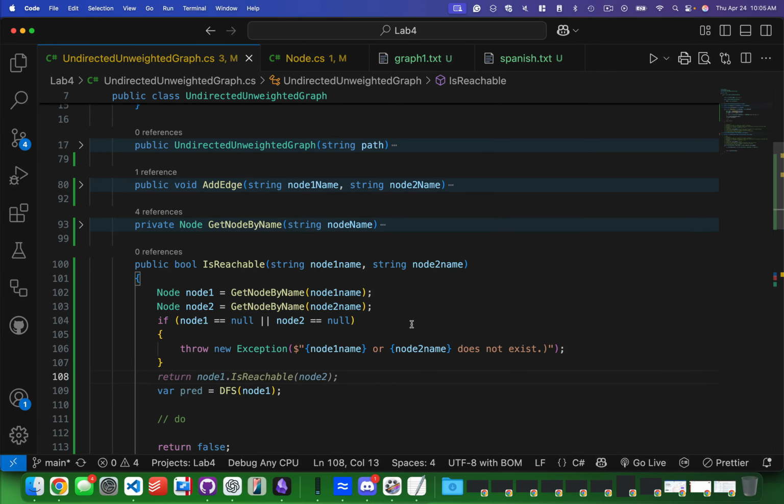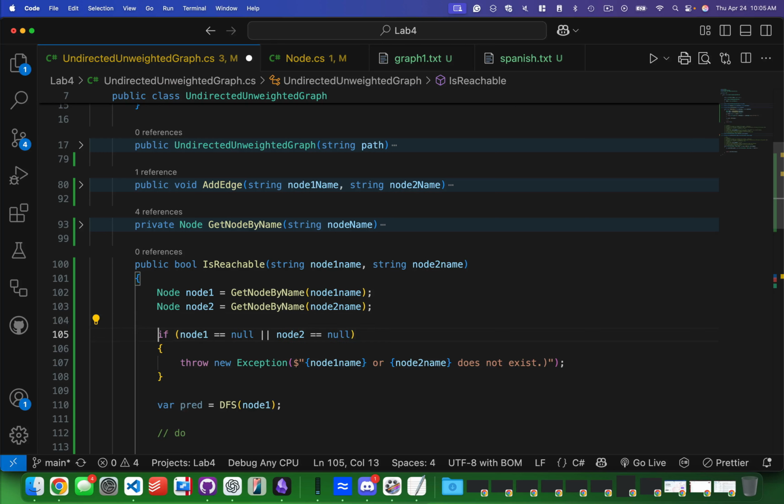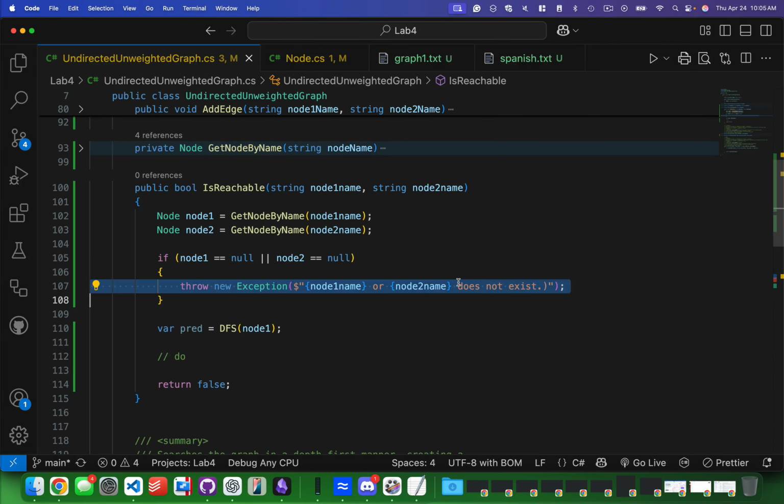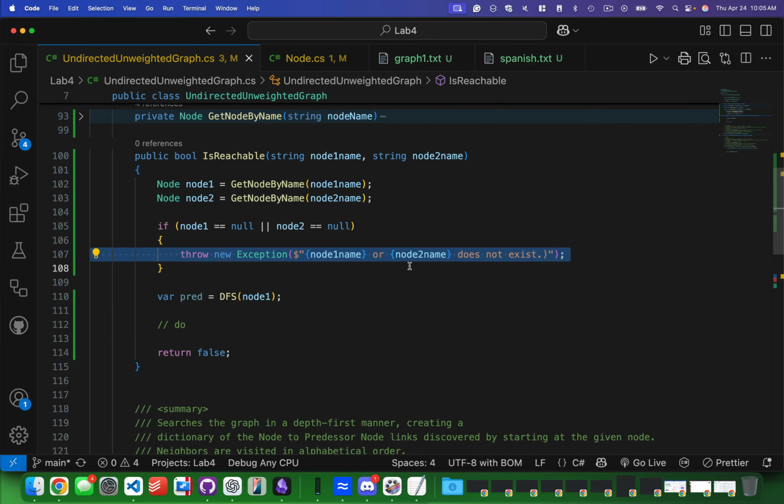It is appropriate to think about how this is going to break if somebody does this wrong. And if you're doing this in the real world, somebody will mistype the name of a node. It might be nice to have a helpful error message exception as opposed to just your program crashing. Okay, so this says one of those is not a valid name. Okay, so once we get our node 2,